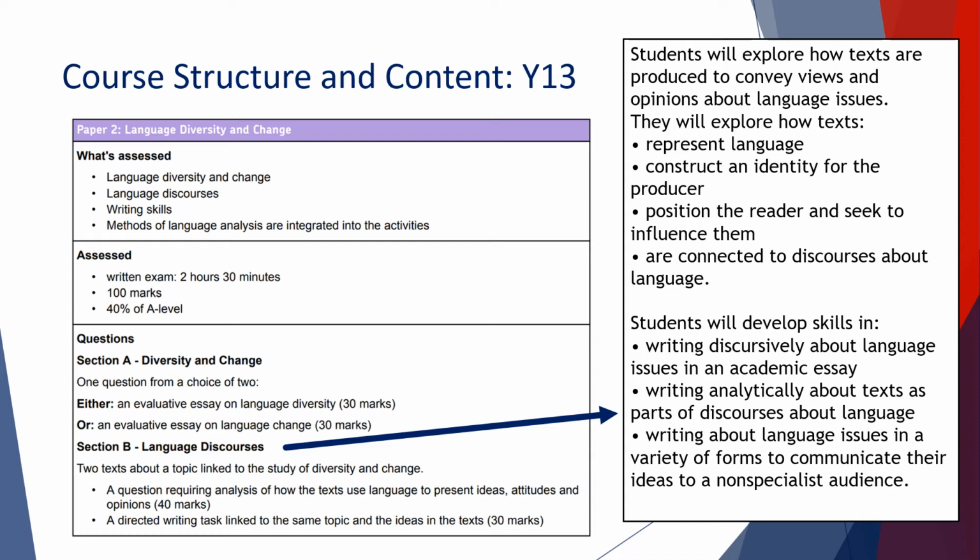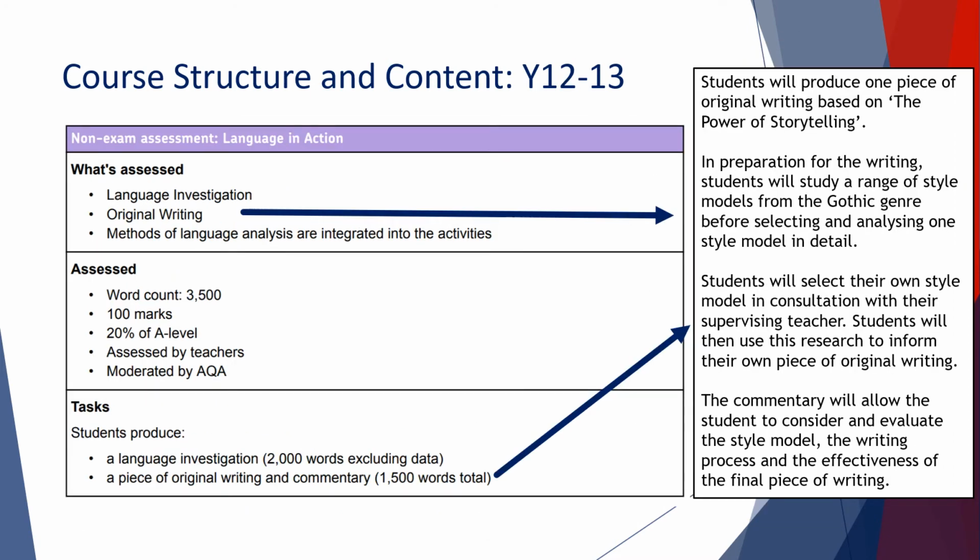Students will develop skills in writing discursively about language issues in an academic essay, writing analytically about texts as part of discourses about language, and writing about language issues in a variety of forms to communicate their ideas to a non-specialist audience. The 2 examinations, both of which are sat at the end of Year 13, account for 80% of